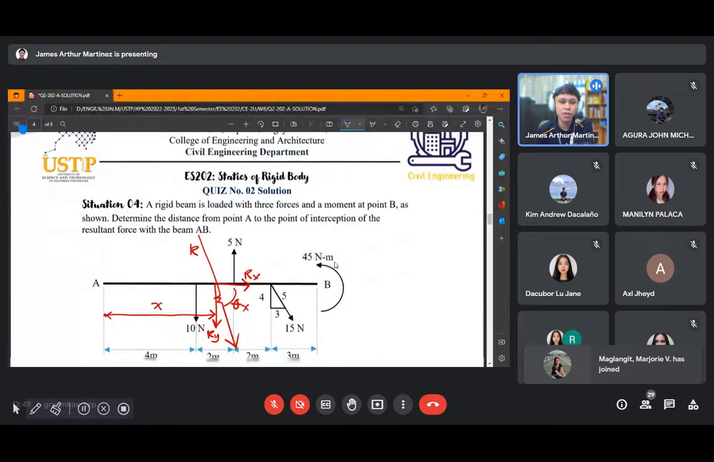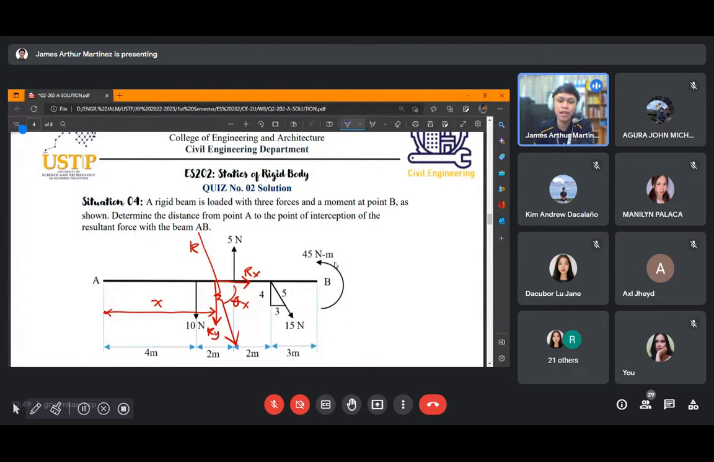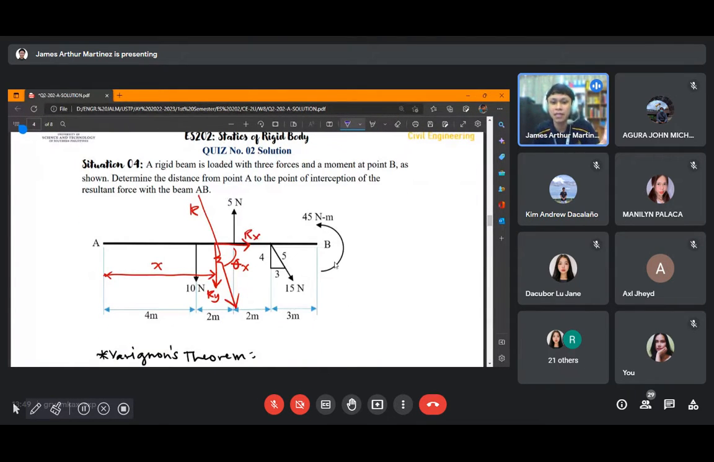So, next is situation 4. A rigid beam is loaded. Okay, it's the same problem, no? It's just that what we are looking for is different. It is now the distance from point A to the point of interception of the resultant force